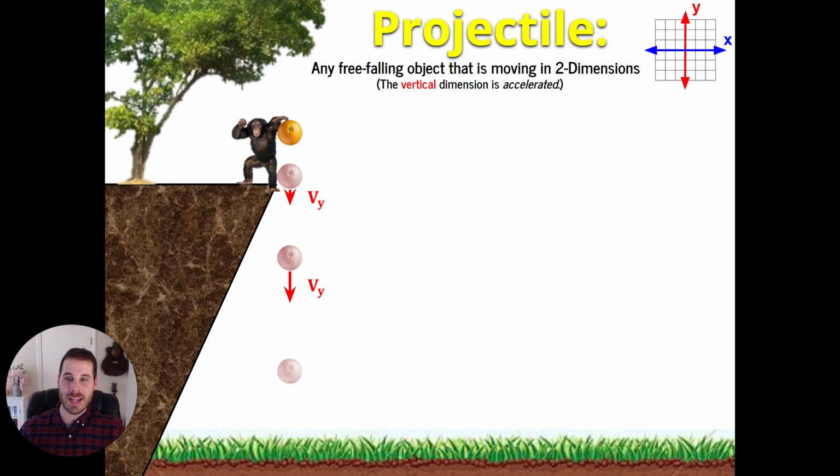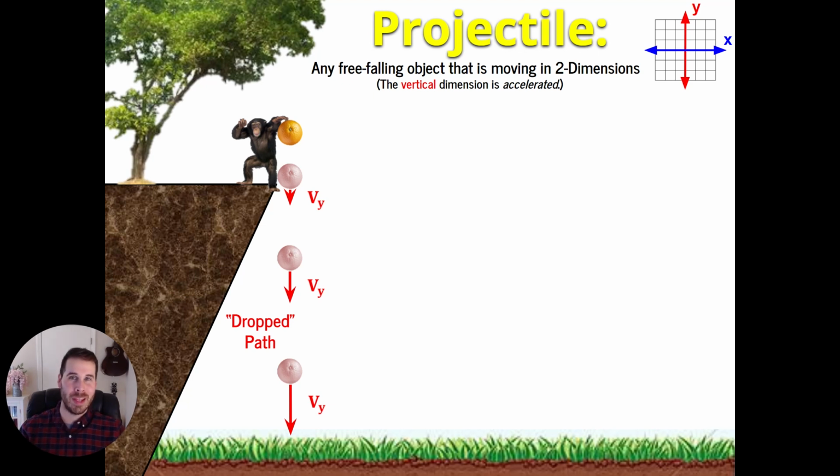And finally, in the 3rd second, the orange would be even farther down. It would now be traveling a great distance every second. So the space in between each second is getting bigger and bigger. And similarly, the velocity is getting faster and faster. So this is what we would call the dropped path for the orange. This is the motion of the orange as it is let go of and released without giving it any oomph